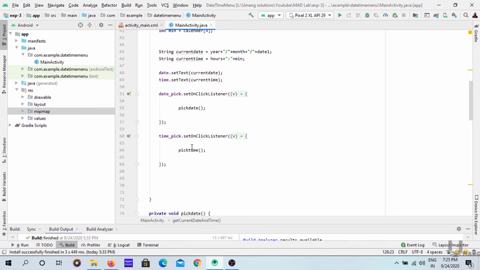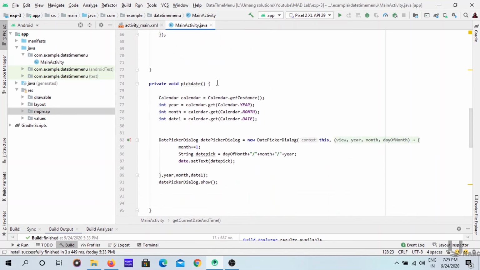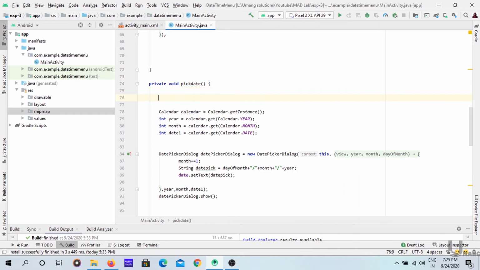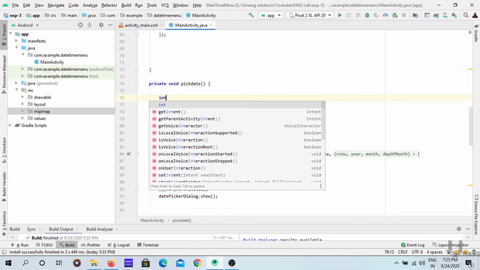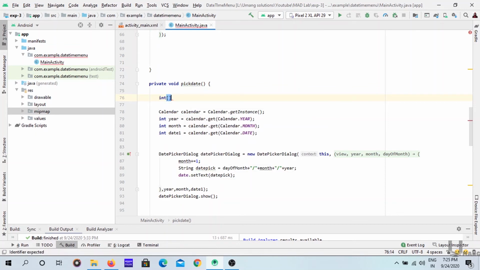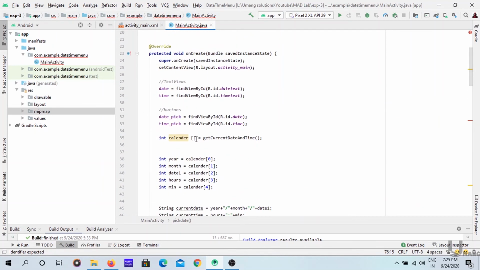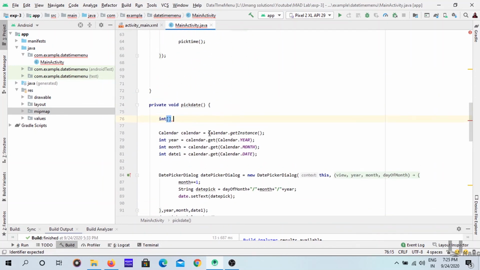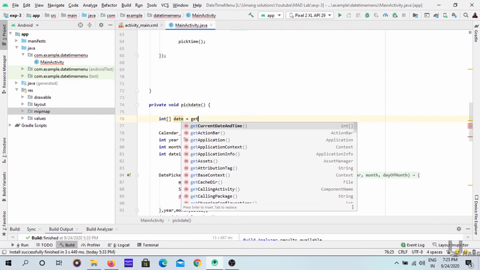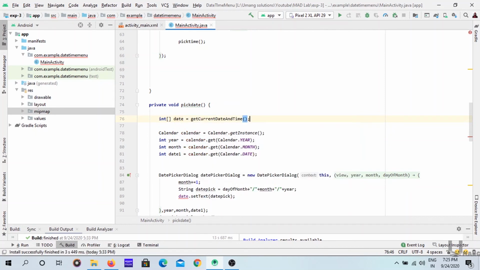Okay. Now the second thing is here. Let's again use the method int. This is another type of declaration. We can also declare like here, or else we can also declare like here. This is date equal to get current date and time.